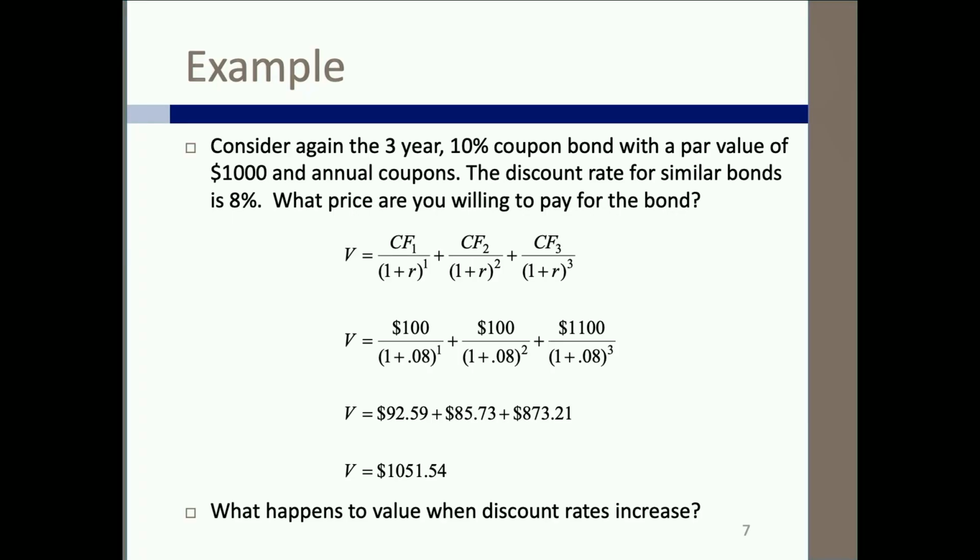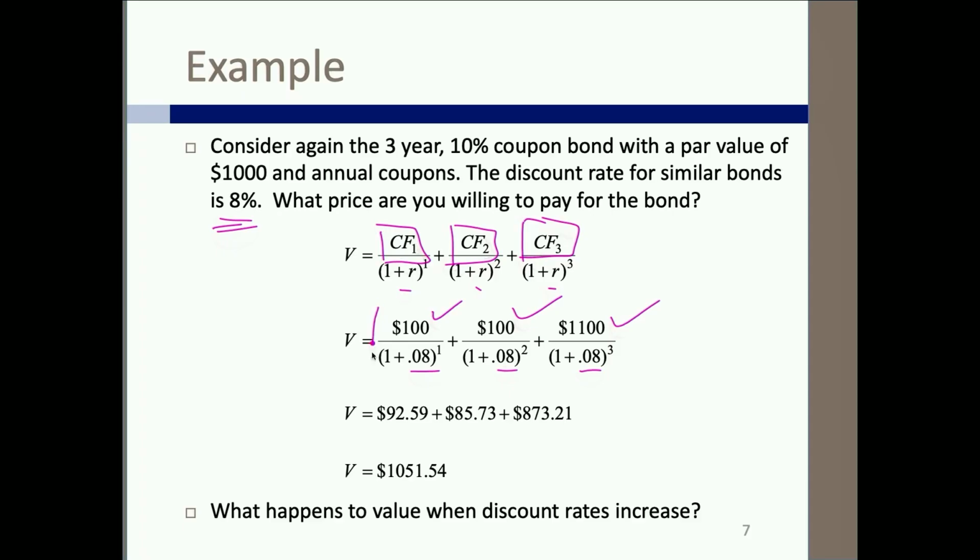Well, using what we just said, what are we going to do? We're going to take each cash flow 1, cash flow 2, cash flow 3. Remember our glass board work. This is 100, 100, 1100. Okay? And we're going to discount each of those cash flows back to today. We're told that the discount rate is 8%. So the R I'm going to use for each of these cash flows is 8%. So fill in 8% here, right? Okay.